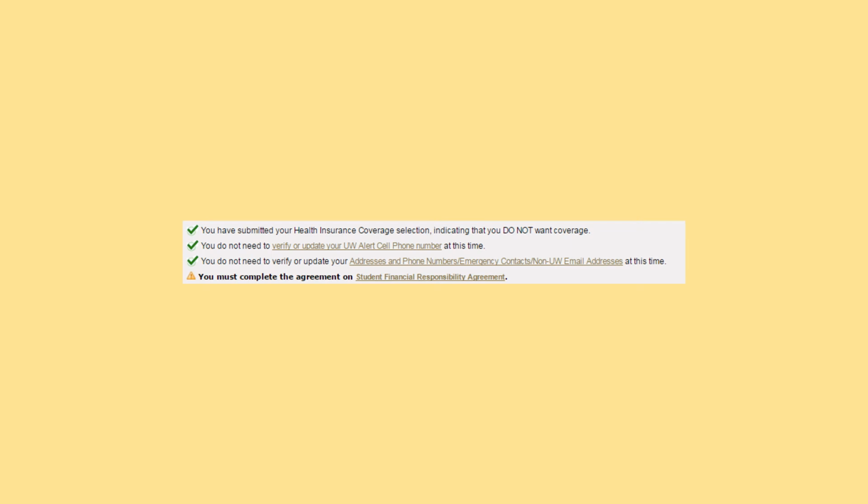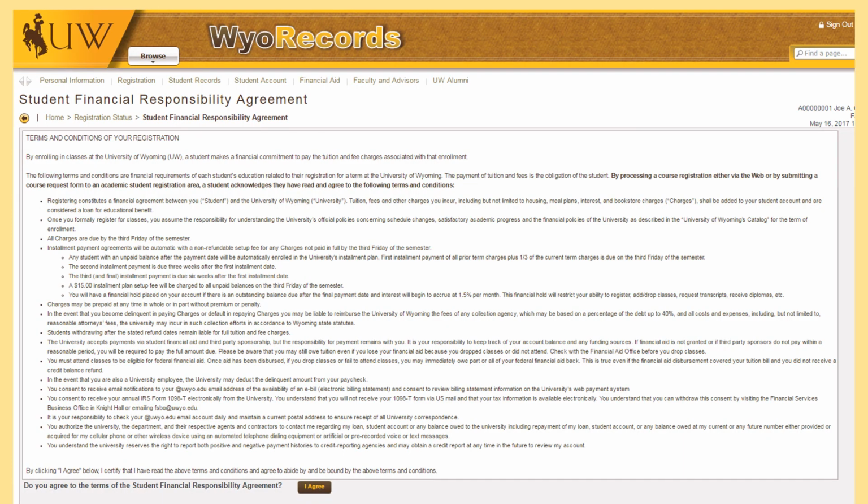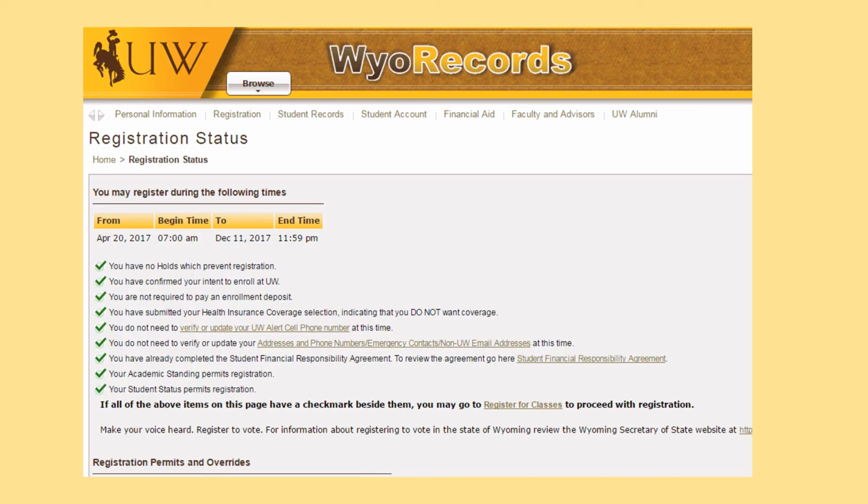Lastly, we're going to look at the Student Financial Responsibility Agreement. So click on that line, and it'll take us to the agreement page. This outlines the financial responsibility for students. For registering for classes, you're responsible for paying tuition and fee charges associated with your enrollment. Be sure to read through this. Be sure to understand everything on this page. This is important stuff. Once you click agree to that, right here, you'll see that that goes green